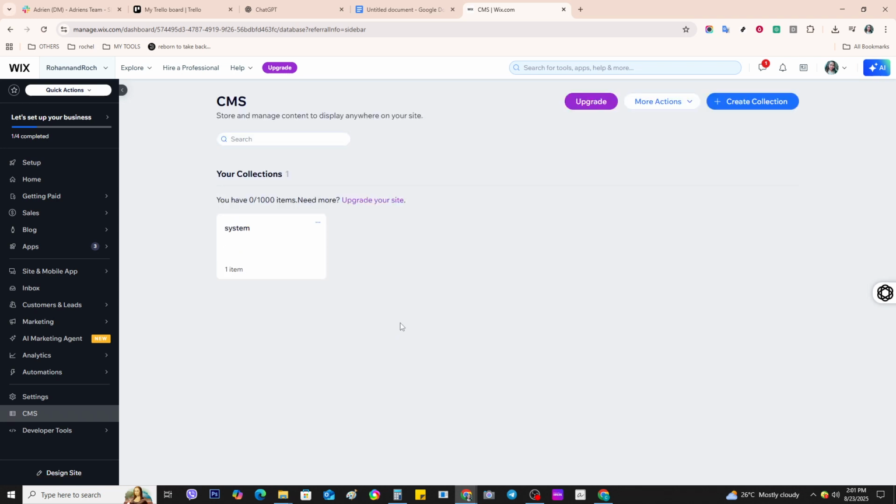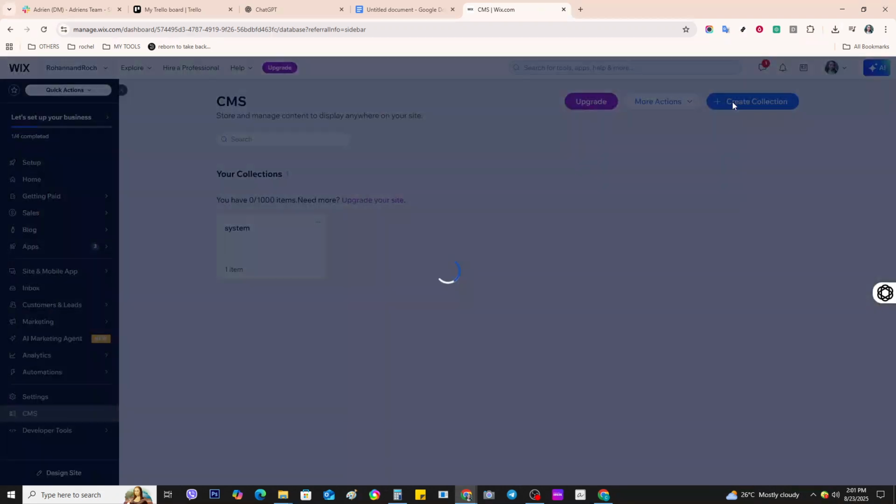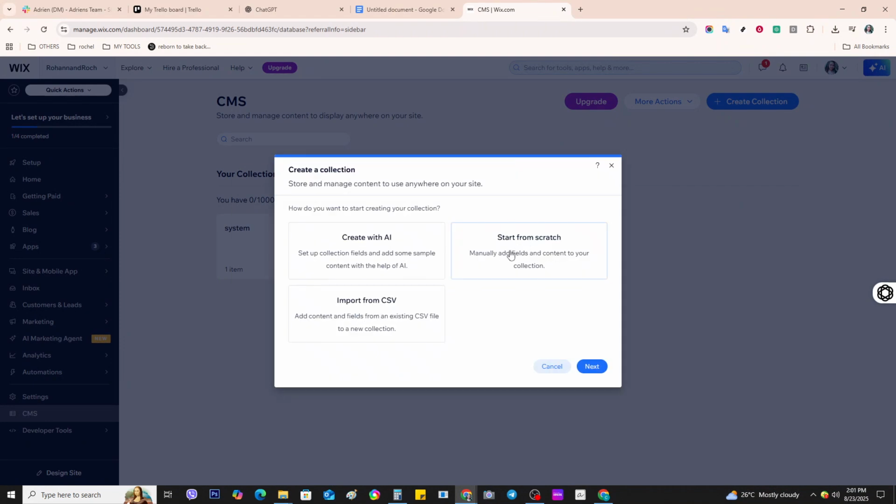You'll need to give this collection a name that aligns with its purpose, like blog posts, products, or team members, depending on your needs. At this point, you also decide whether this collection is public facing, something your site visitors can access, or private, meant only for admin use. Once that's set, you'll notice a table appears, much like a spreadsheet, offering various fields that can be customized to